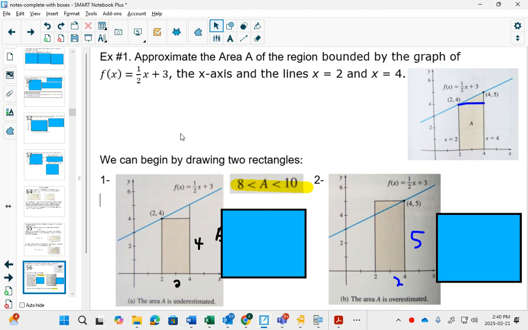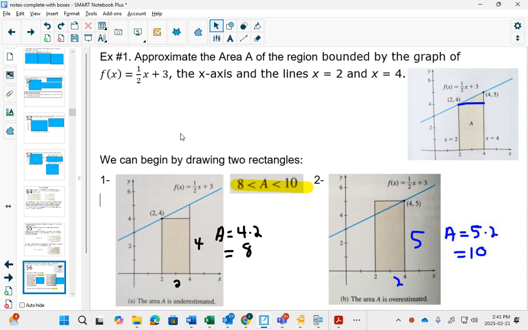perfectly. But we could also look at these two rectangles. We could take the one endpoint, which has 2 and 4. We could take the other endpoint, which would have 2 and 5. And one we would call a lower sum, and one we would call an upper sum, because one is lower than it should be, and one is larger than it should be. If we take the average of those two, we get 9, which happens to work out perfectly in this case,